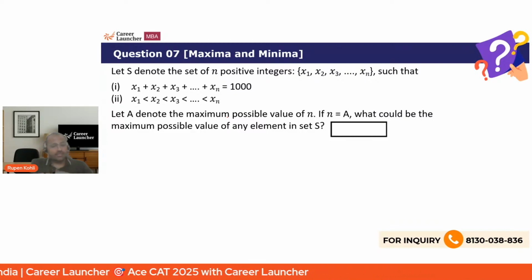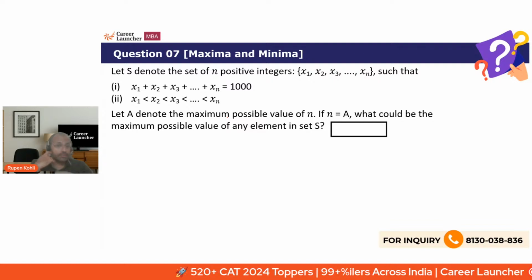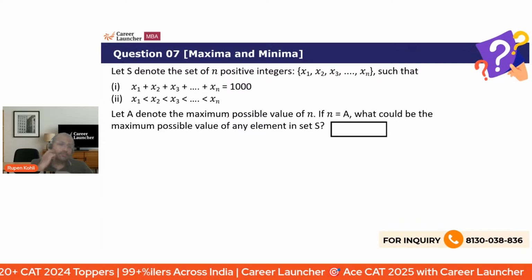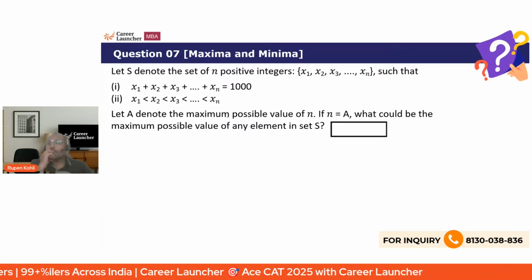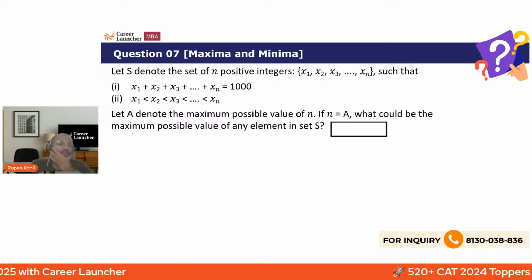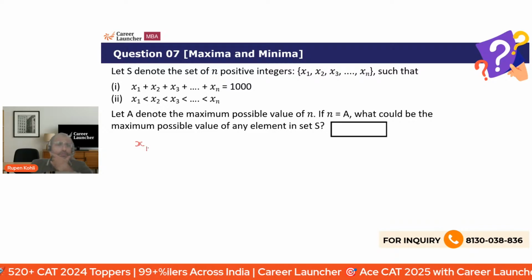What is the least positive integer? What is the least positive integer? Tell me on the chat box. Which is the smallest positive integer? It starts from 1. Right. We start from 1, and then we need to go further ahead, right? We cannot have one repeat. Then the next one needs to be 2. So what we would want, we would want x1 to be 1.